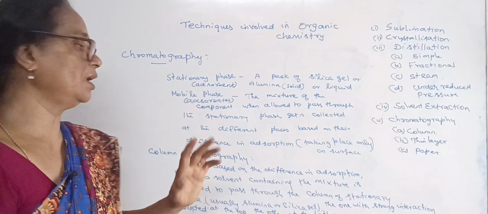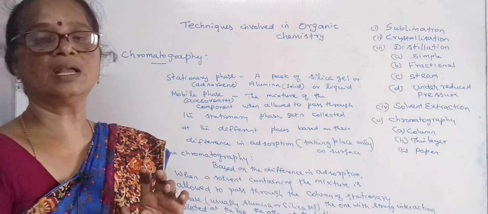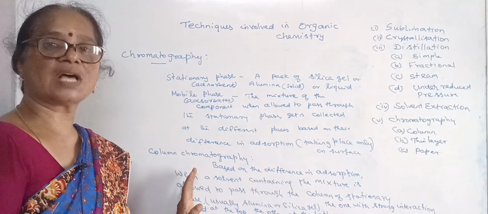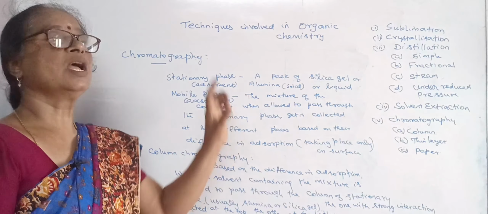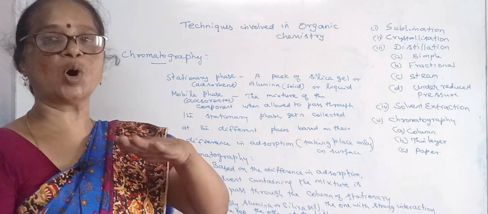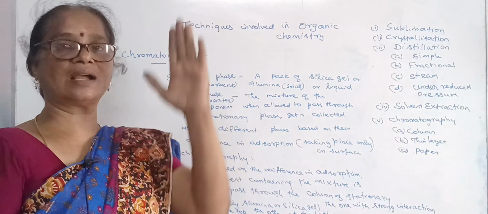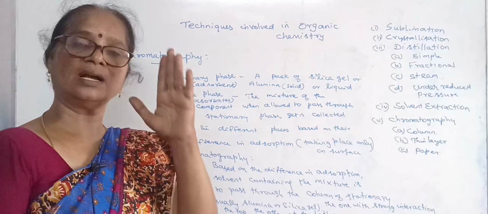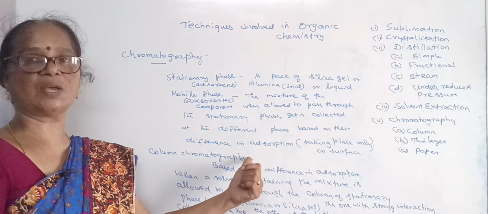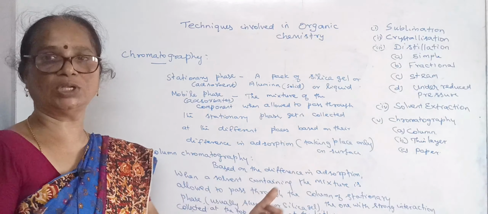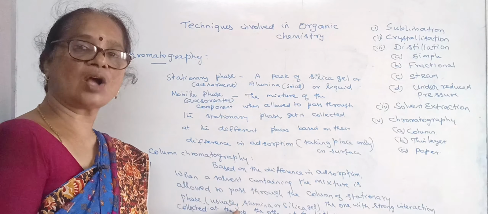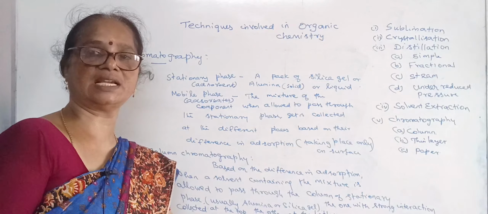phase. For example, consider column chromatography. The column is nothing but a tube like a burette in which a pack of alumina or silica gel is taken. Before that, the burette is filled with some cotton wool or glass wool at the bottom of it. After that, the pack of silica or alumina is added into the burette. Then the mixture of organic compounds to be separated is dissolved in a suitable solvent and allowed to pass through the column, where the different components have different interactions with the stationary phase of